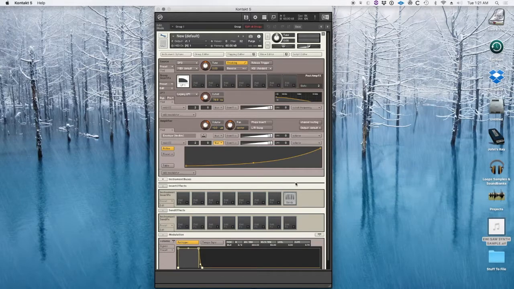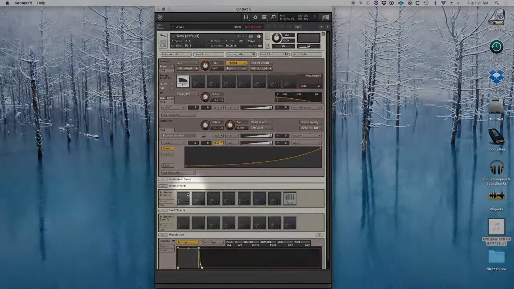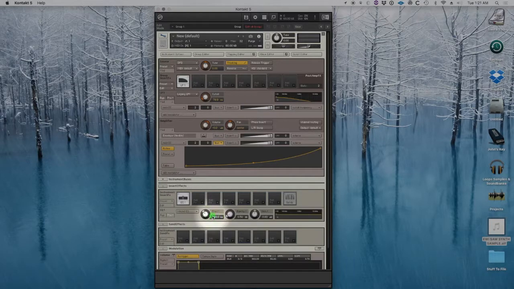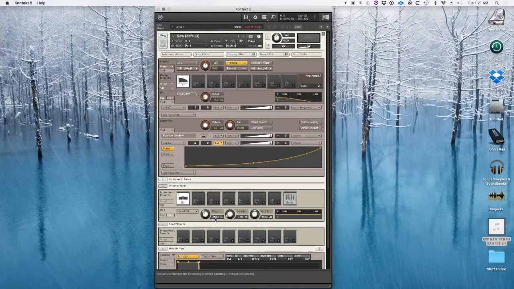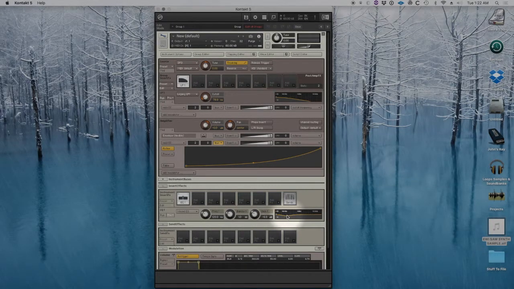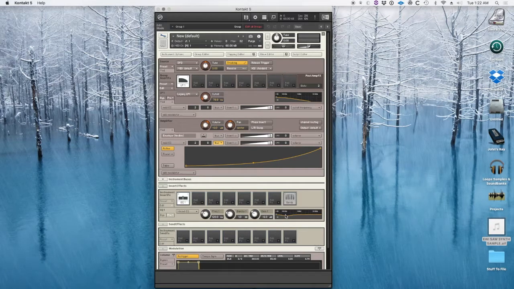So what we're going to do is we're going to come down here to our instrument insert effects, and we're going to add an instrument or an effect. We're going to go to EQ, and we're going to add a 1-band EQ. We're going to change our frequency to 120 Hertz, our bandwidth to 1, and our gain to -6. Now if you notice, that's now represented right over here in our little graph. So now if I play the same thing,